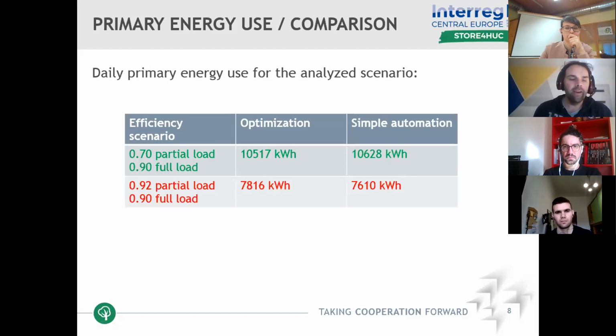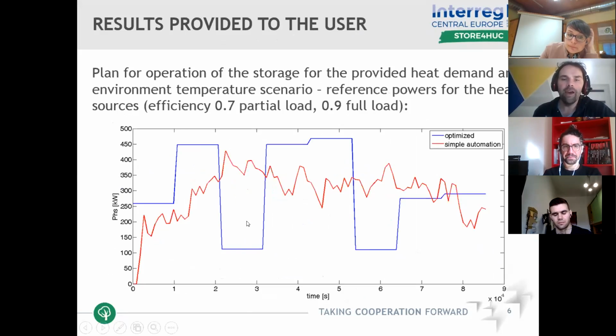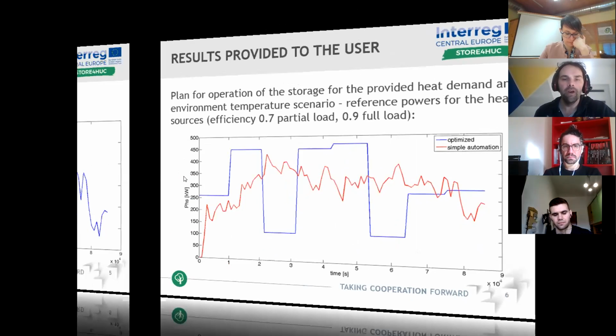And for the case when you have significantly varying efficiency, and where the heat source is more efficient on full load and less efficient on partial load, you can see benefits coming out of these optimized devices. So even though we have just a reduced number of moves, just 8 moves during the day, compared to the simple automation which can change the power anytime, we are able to get better results,